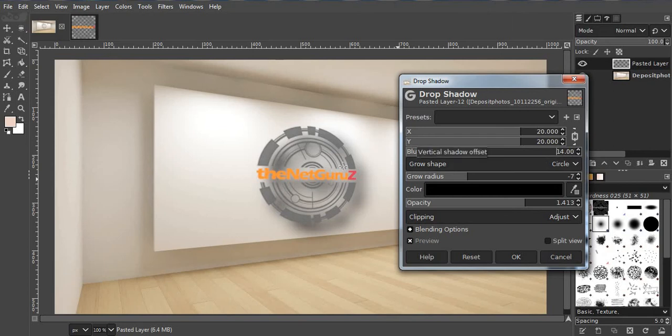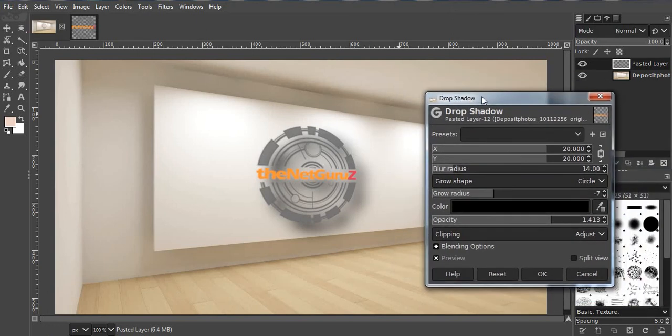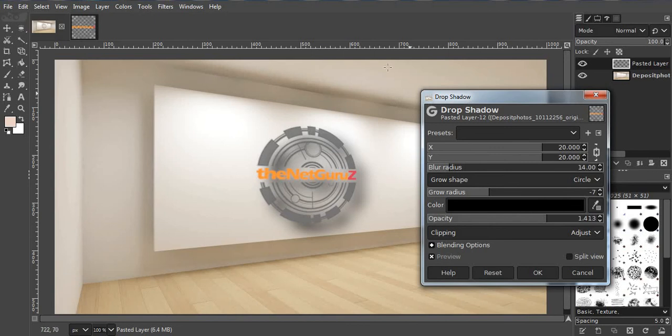And yes, now we should change the direction of the shadow also, because the light source is coming from the top. The lights are on the roof of this room, so the shadow will drop somewhere on the bottom side.